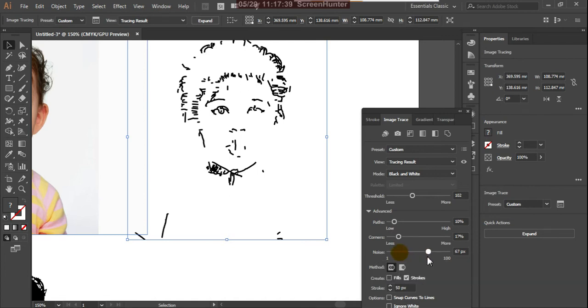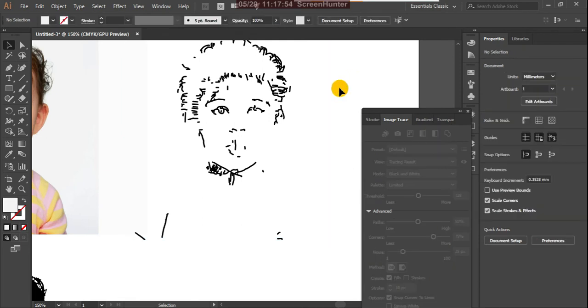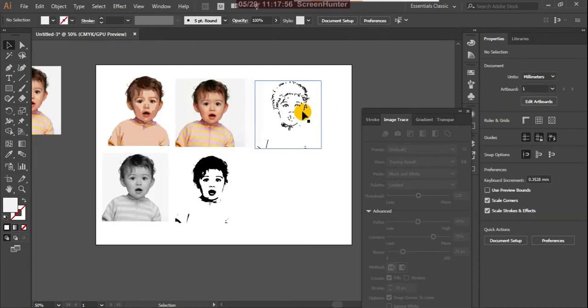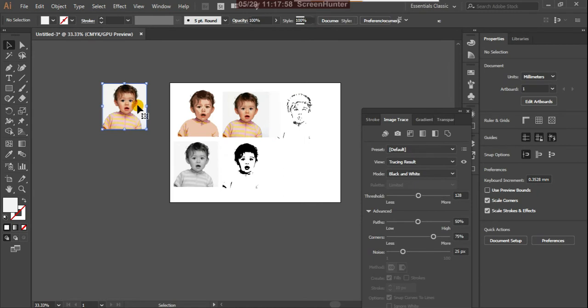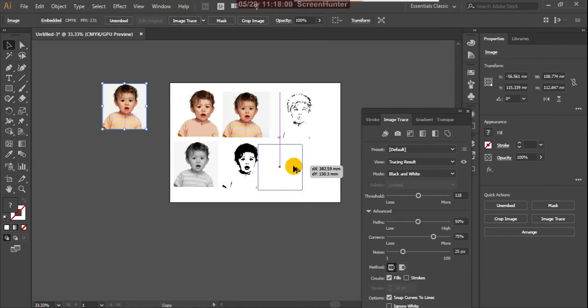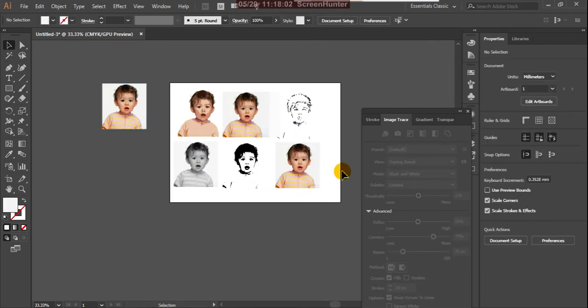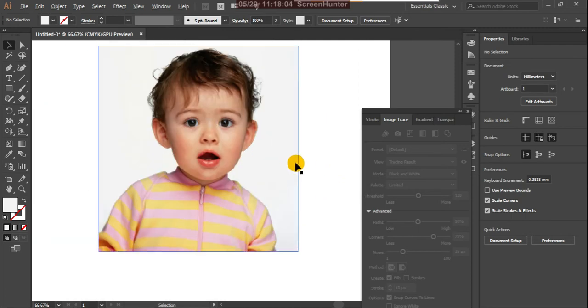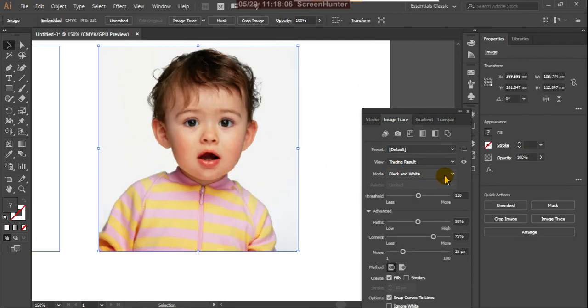Noises. Anyway, okay. So this is the tone method, and you can drag it and take one more, zoom this. Here